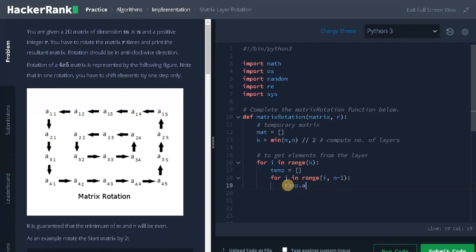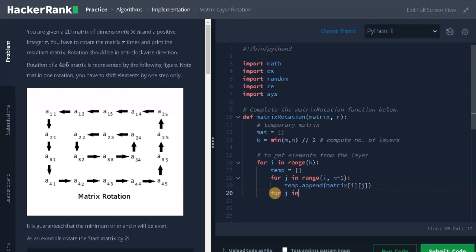Then temp dot append matrix of i, j, because the row will be the same and the column changes. So it will traverse from A11 to A14. Next we need to traverse from A15 to A35, that is the column side.